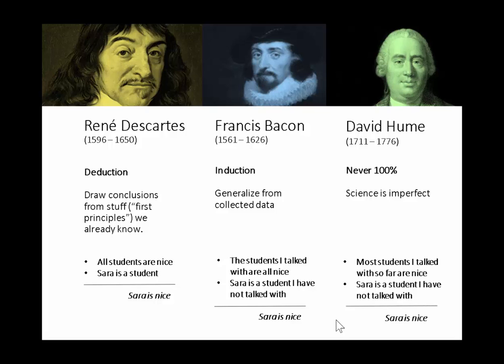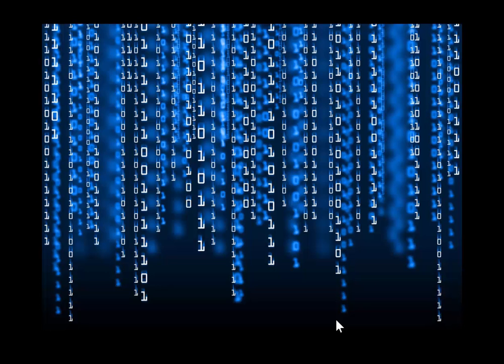But in essence, both Francis Bacon and David Hume kind of stress the role of data. We need to have observations for that. And I very much believe in that as well, that in order to distinguish ourselves from just making an intelligent comment, we need to have data to back that up. You should not say something that you cannot substantiate. That's where the scientific element comes into play.